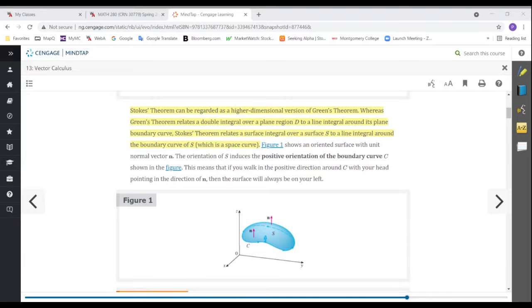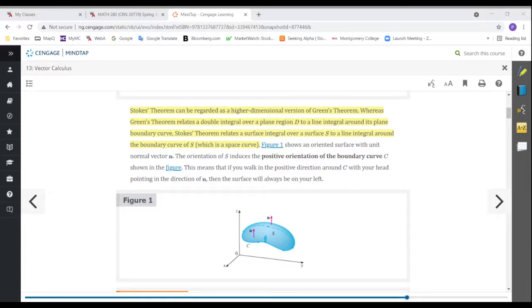And there's what's called positive orientation. So if you walk in the positive direction around that curve C, with your head pointing in the direction of the normal vector, pointing upward,